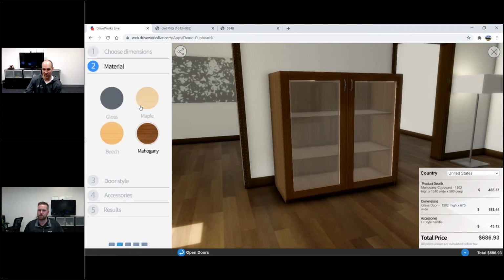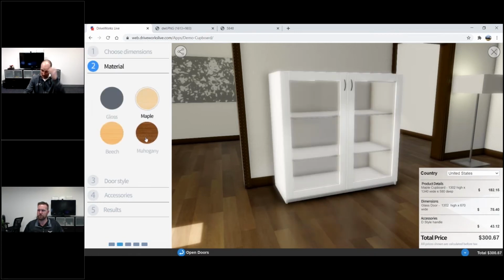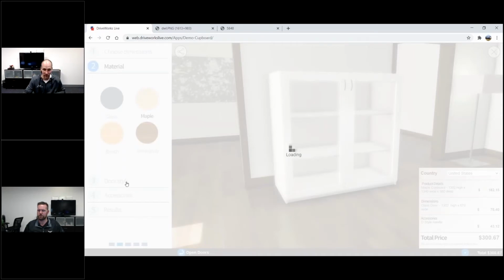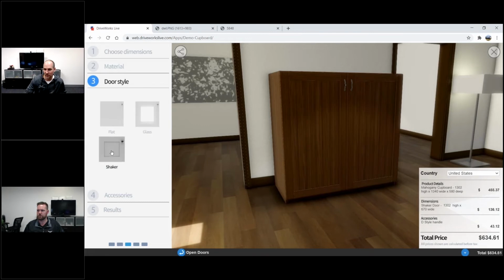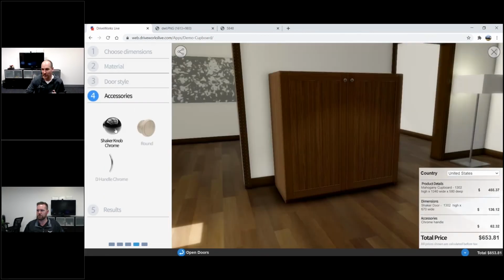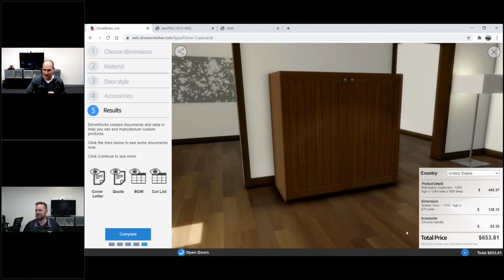You can control the color of things. I think the dark wood looks best on this one, so we're gonna leave that alone. Got the option to set door styles. Let's go with maybe a shaker style, and then throw a shaker knob on there for the complete package. Cool. So now I can go to the results, and you'll notice it's doing a couple things. One, it's obviously configured. You saw the 3D model update, but it's also doing things like building up a quote